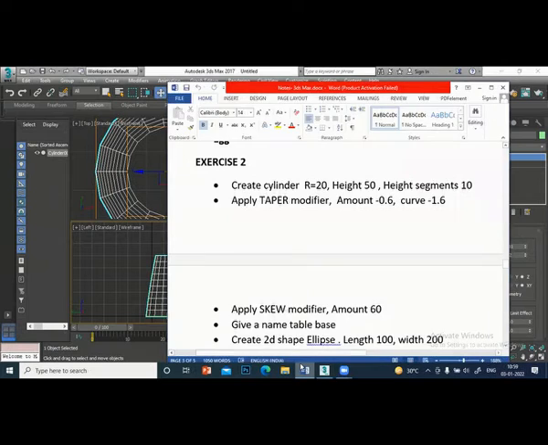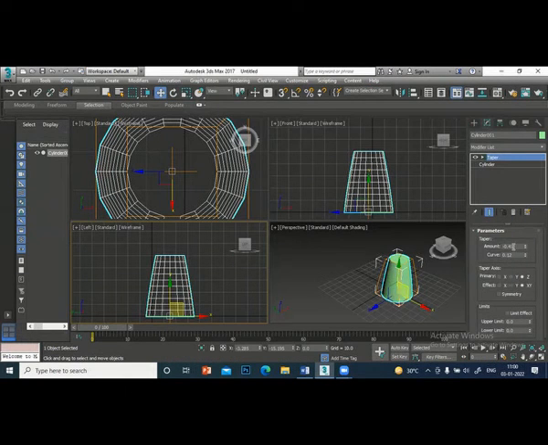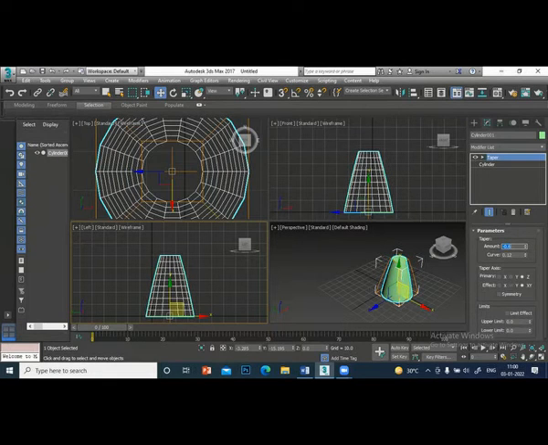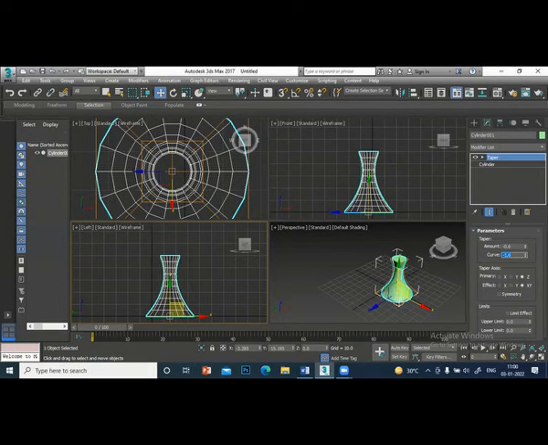So I have to give the amount minus 0.6 and curve 1.6. Got it?